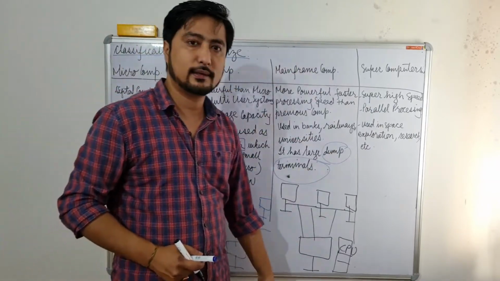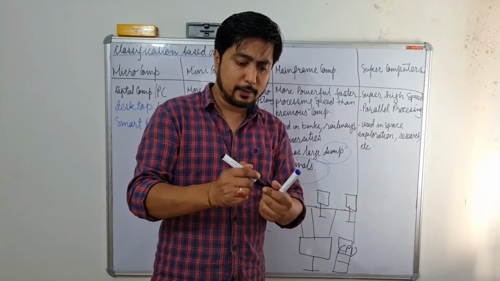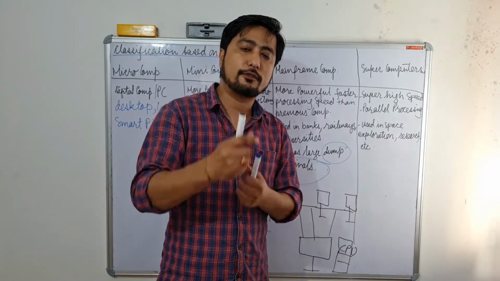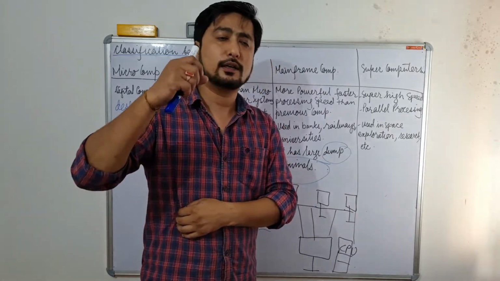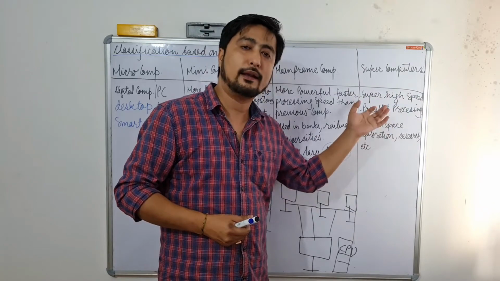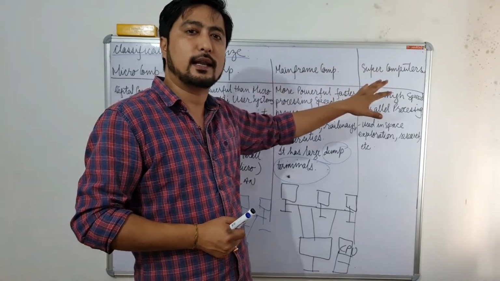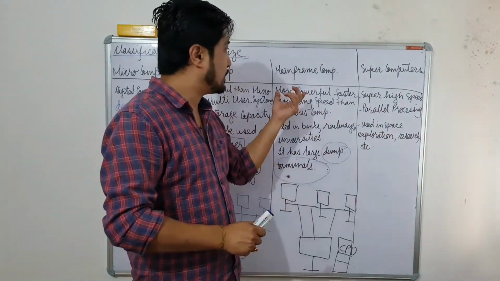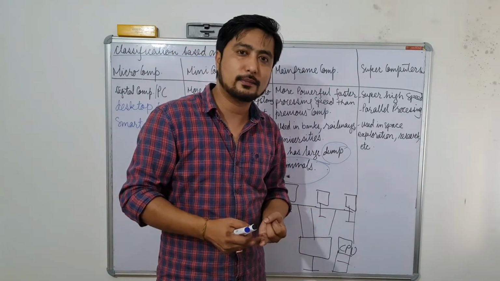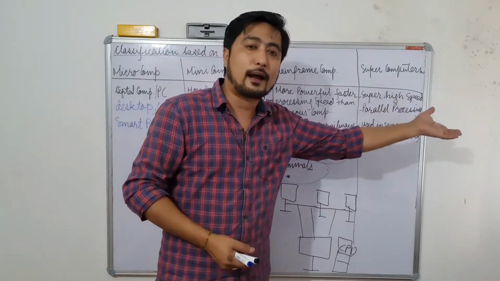And next, the last one is the supercomputer. Now what is this supercomputer? A supercomputer is one of the most sophisticated computers, and it is used for sophisticated calculations. It is one of the highest speed computers, and it has a super high speed computing capacity. High speed computing capacity means more powerful processing speed, and it has a huge amount of data storage, and mainly it has a parallel processing system.